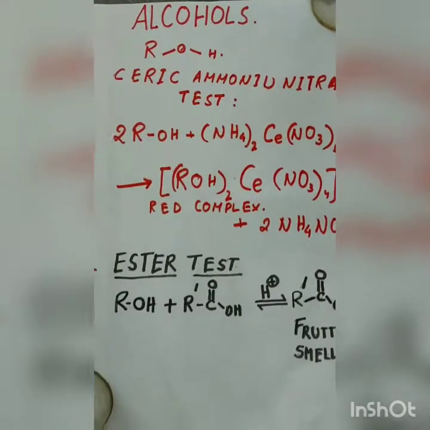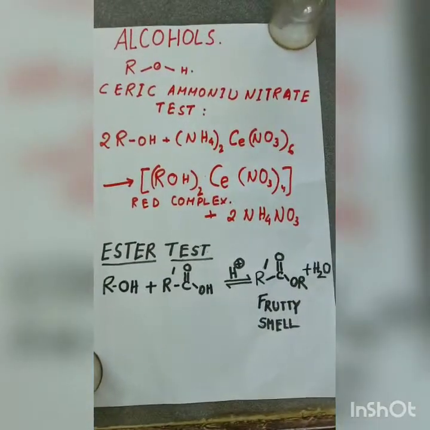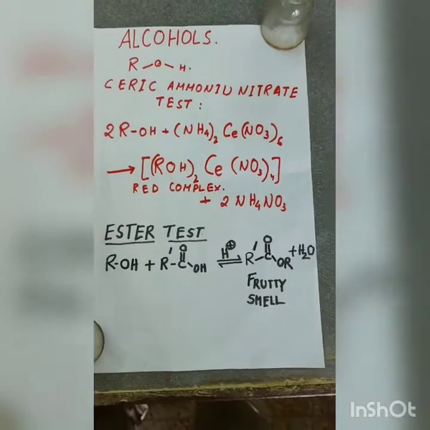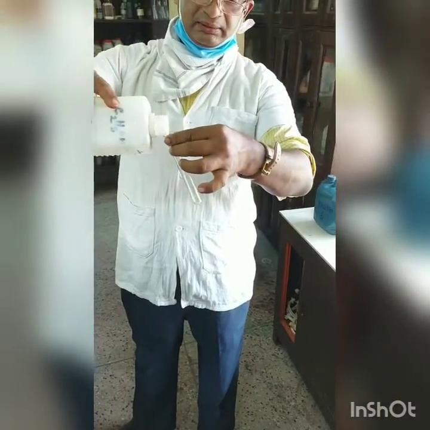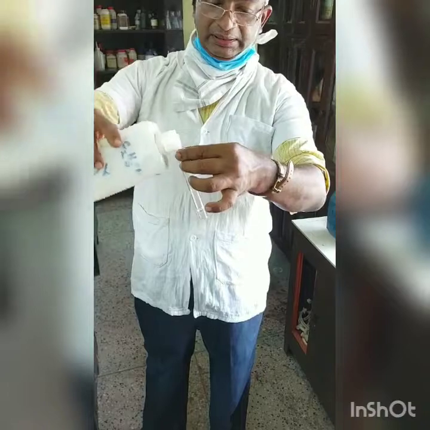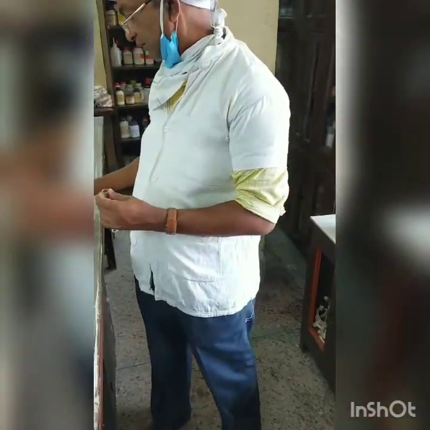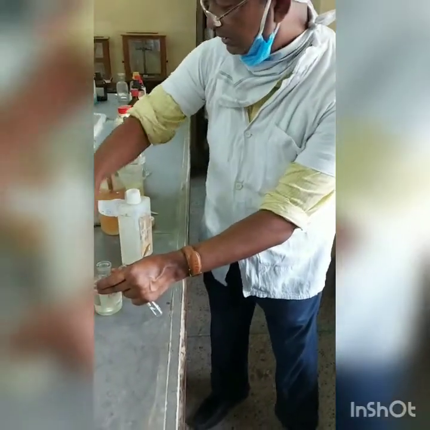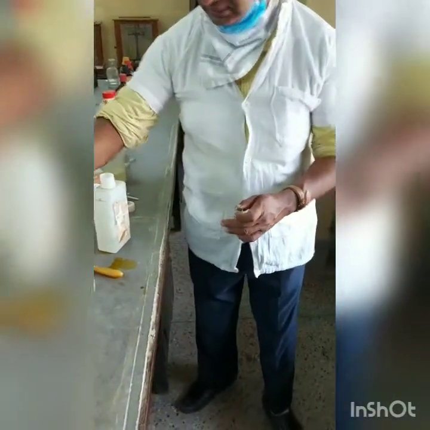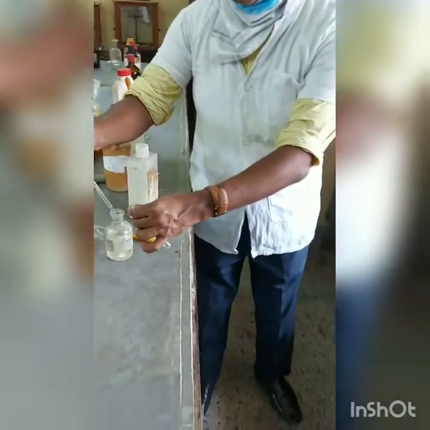Next test is the esterification test. Okay, I have got that alcohol sample in my hand. I am going to take a little alcohol here, then I will take 1 or 2 drops of sulfuric acid, concentrated sulfuric acid. Just a drop I will add, since it is known as an acid catalyzed reaction. See, just sulfuric acid I have taken. Be careful so that it will not touch your body. See here, enough. Then keep it aside.